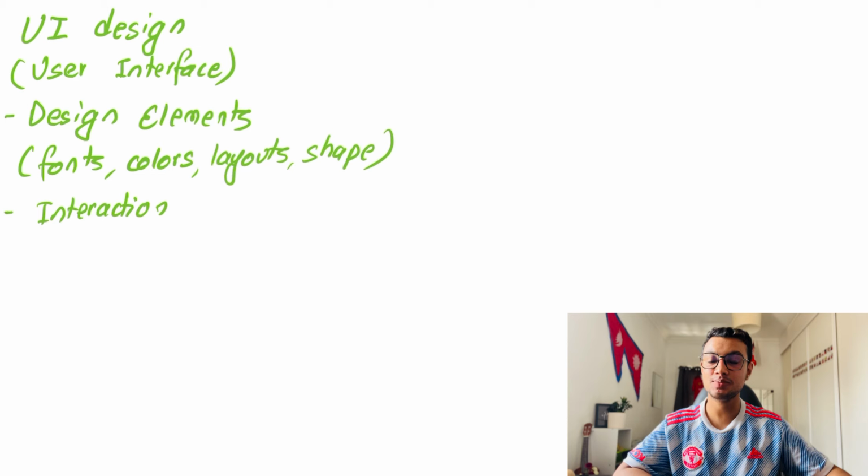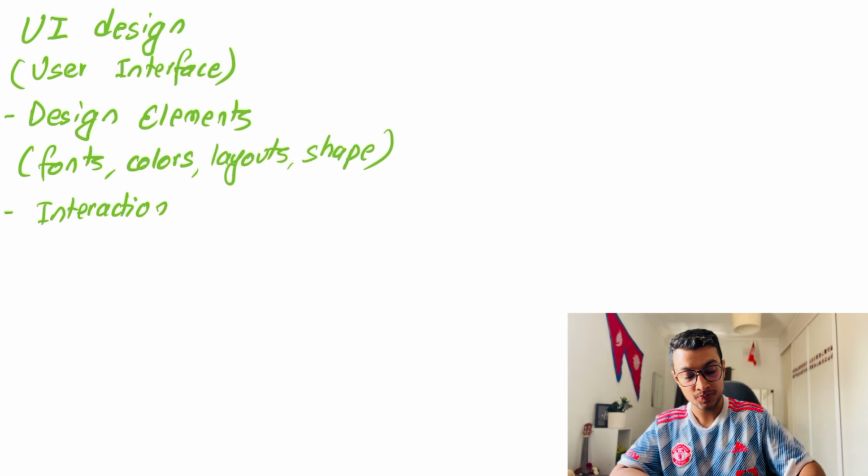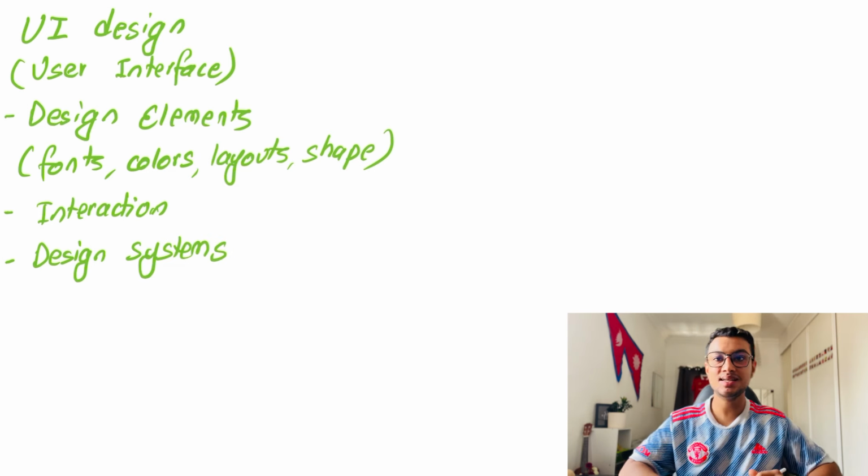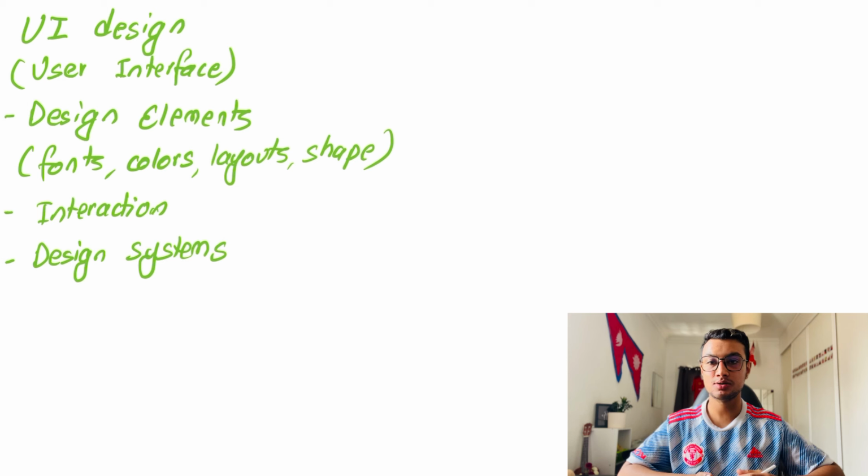For example, userले कुनै एउटा एक्सन लियो भने चाहिँ तपाईको प्रोडक्टले कसरी त्यो कुरालाई बेस गराएर युजरसँग इन्टरेक्ट गर्छ, त्यो भनेको UI डिजाइनरको रेस्पोन्सिबिलिटी हो. And another thing is design systems. So design systems भनेको के त? Design systems भनेको चाहिँ large companies like Apple, Google, Figma बनाएको एउटा स्ट्यान्डर्ड्स हो, एउटा रुल हो.